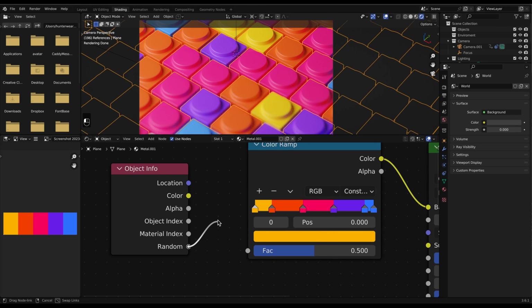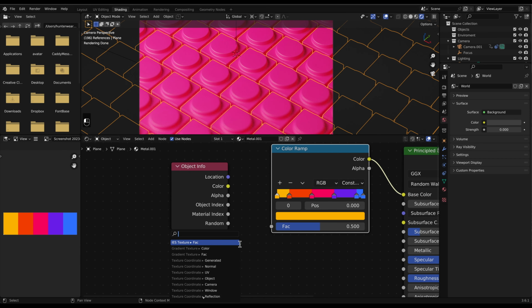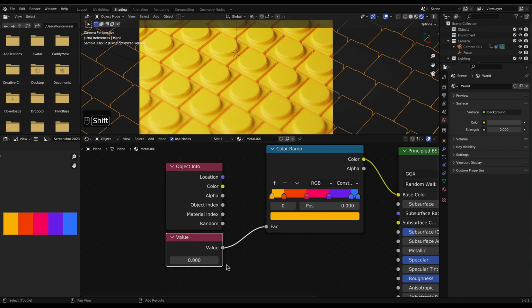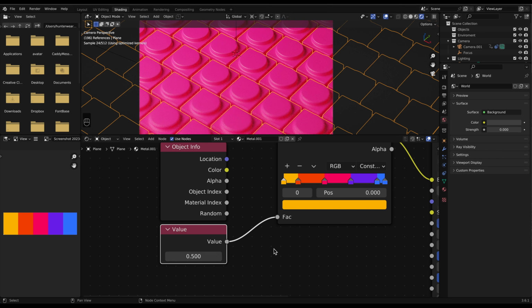So now I'm going to unplug this, and I'm going to drag this out, and we'll just search for a value. Now we can control the value that we output. So let's put a 0.5 in here. You can see if this is a 0.5, it's going to be sitting right in the center here, and so it'll be generating a pink color. But if we generate, say, 0.8, and we can check this value here is 0.92, this value is 0.66, so it'll be generating somewhere in here.